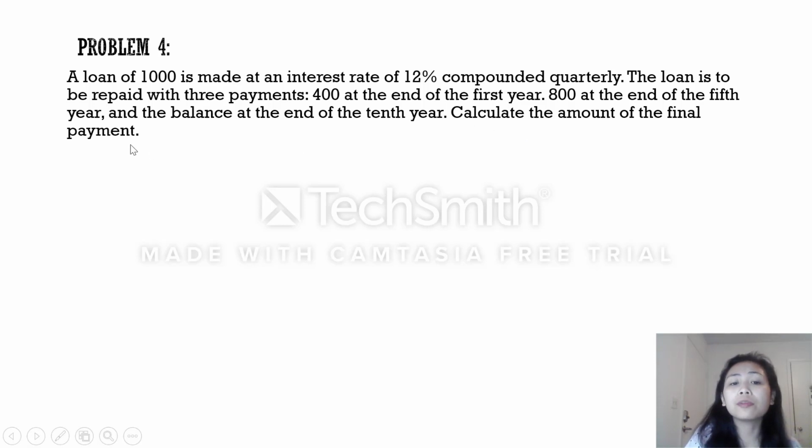Calculate the amount of the final payment. So here the final payment is unknown. So we are going to call X the unknown final payment. And here,